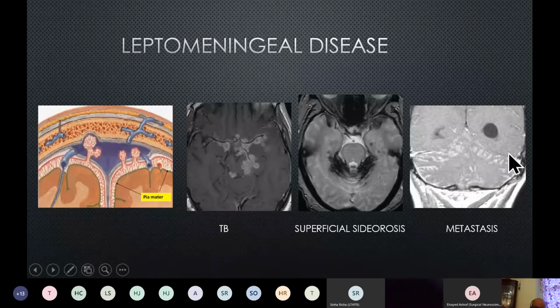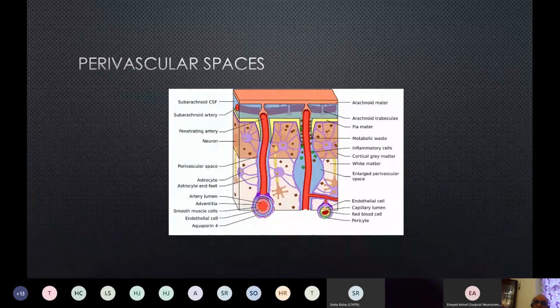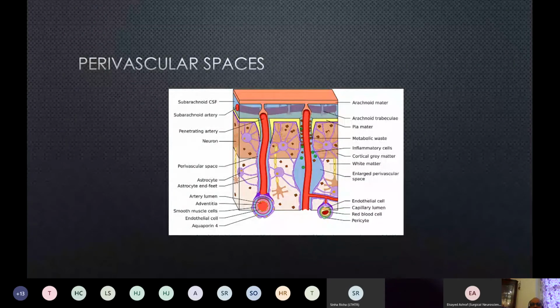So this is the importance of doing the appropriate sequences in suspected leptomeningeal disease. Contrast is almost mandatory to look at leptomeningeal disease. Before we move away from the meninges, I just want to spend a few minutes talking about the perivascular spaces,